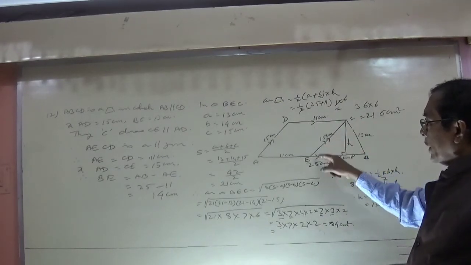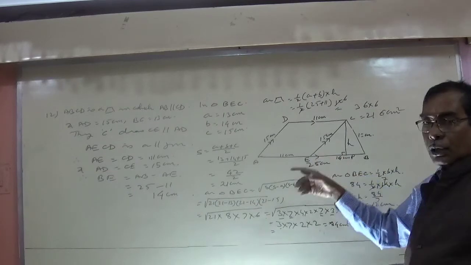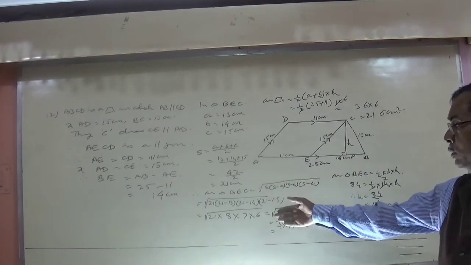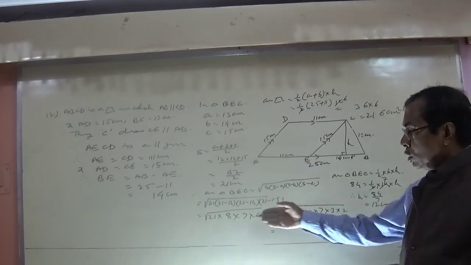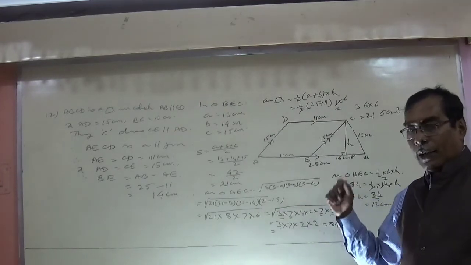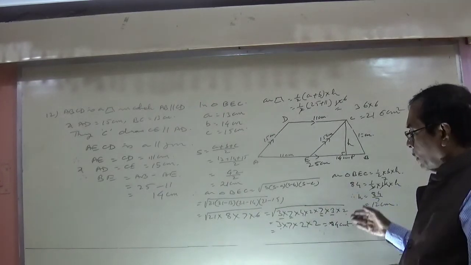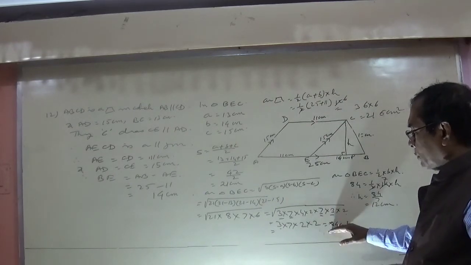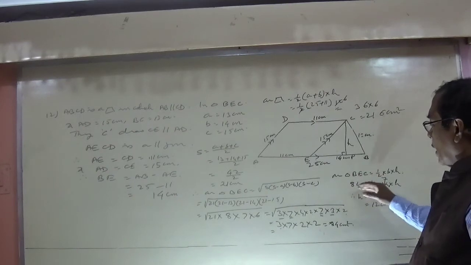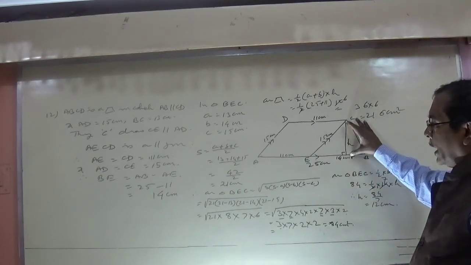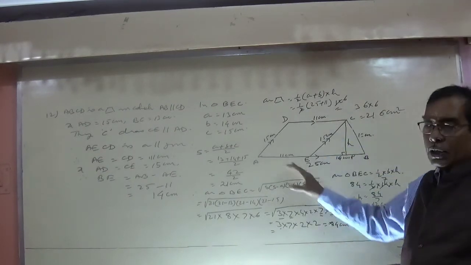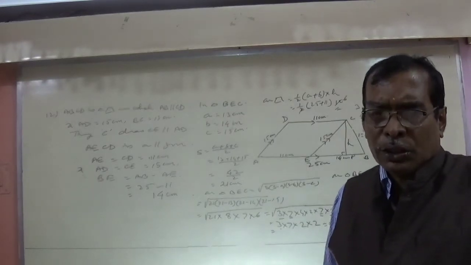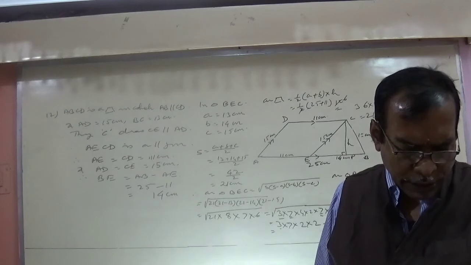By using Heron's formula, we are going to find the area of this triangle by using the square root of s into s minus a, s minus b, s minus c. Here also there is a trick: you should not multiply and then find the square roots, it will be difficult. For that, you will have to use prime factors. Now after finding the area of the triangle, again use half into base into height for finding the height. After finding the height, quite easily you can find the area of the trapezium. Okay, fine. So this is one more question I have solved.